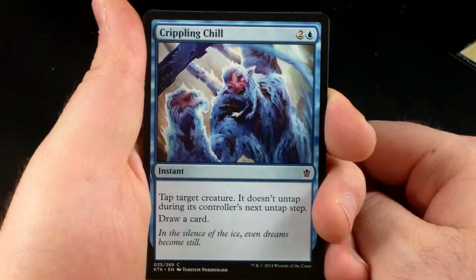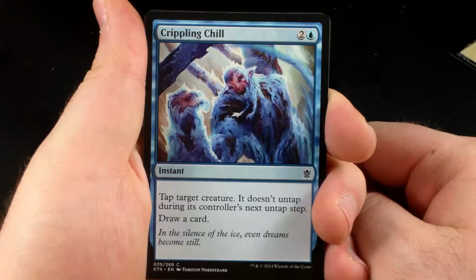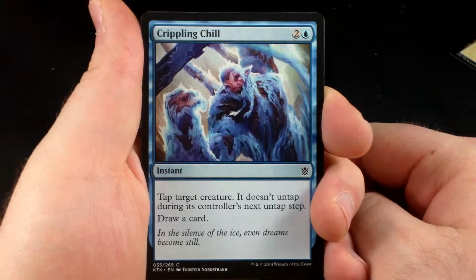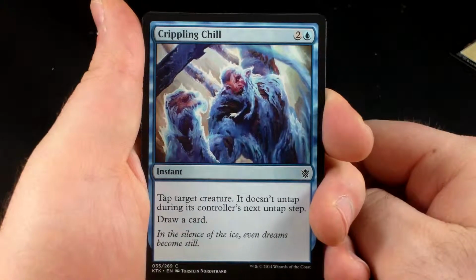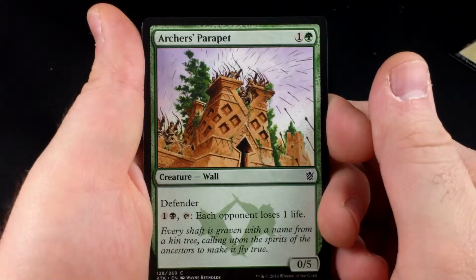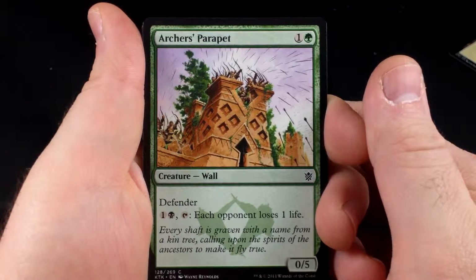Crippling Chill is 2 and a blue. It's an instant, tap target creature. It doesn't untap during its controller's next untap step. Draw a card. It's pretty cool. It offers a very relevant effect, and it replaces itself. That's a possibility. Archer's Parapet is 1 and a green with Defender, and you can spend 1 and a black